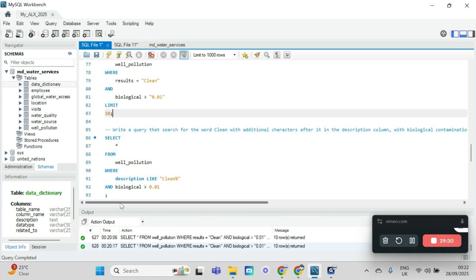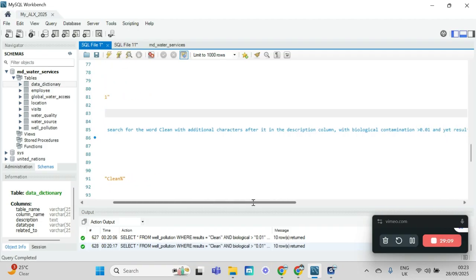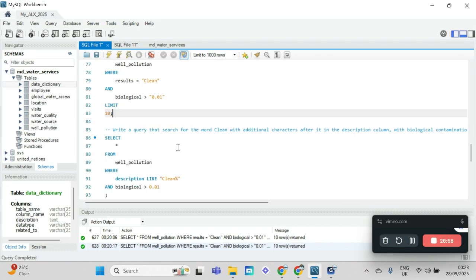So basically, when you read through all that, what it says is to write a query that searches for the word clean with additional characters after it. It is in the description column, with biological contamination greater than 0.01 and yet the result is set to clean. So all it means is that when you go to the database without the filter that we provided over here, you will see that